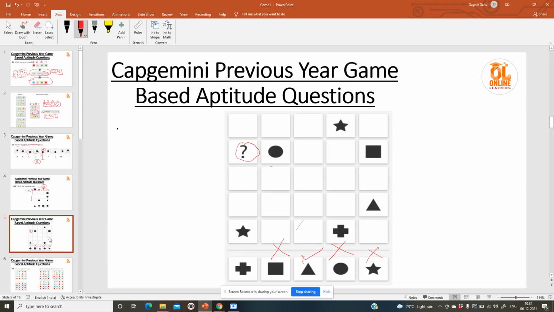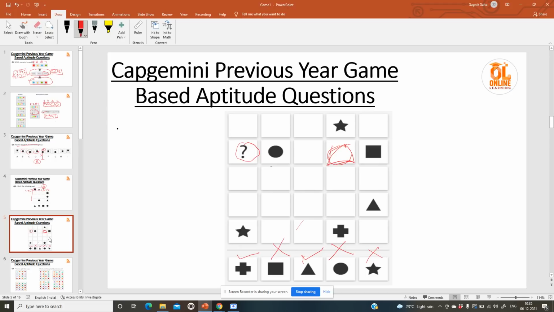But if both the options are present, plus and triangle, then any of them can be your answer, so you have to find it. So how will you find? If you observe that in this column you have a plus sign, you have a star sign, so what can be present here? In this row we have a circle, you have a square, in this column you have a star, you have a plus, so triangle will be present here. So now you can find your answer easily.